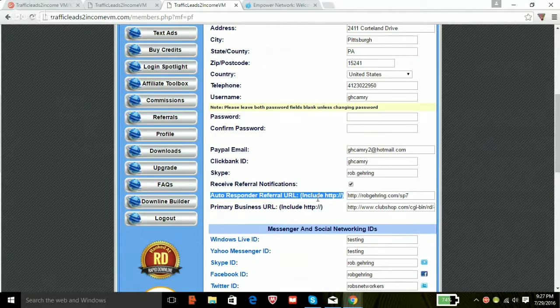And remember, you bring people through Traffic Leads to Income VM, they're taking the 7 steps. If you've got all your information filled out properly and all your affiliate links and affiliate IDs, you're getting credit for everything that they're joining and doing, and not me, which is the idea. It's for you, not me. I mean, I promote Traffic Leads to Income VM myself independently, but when you're out there promoting, I want you to get credit. So make sure that autoresponder referral URL is filled in correctly,